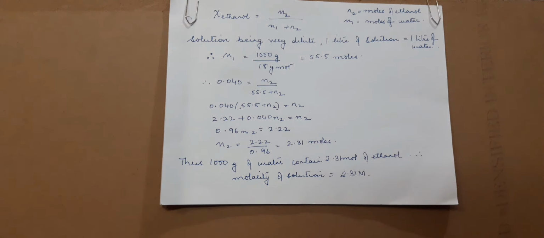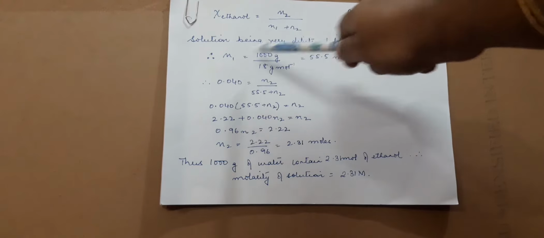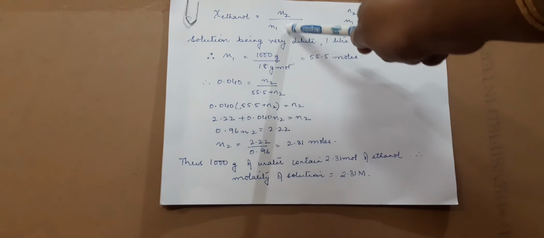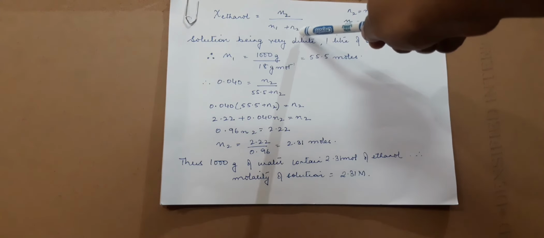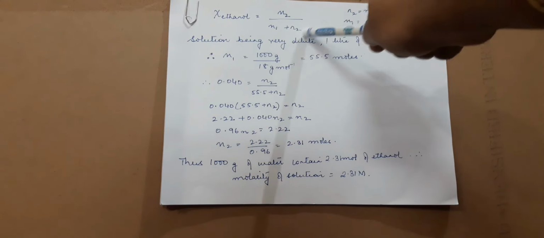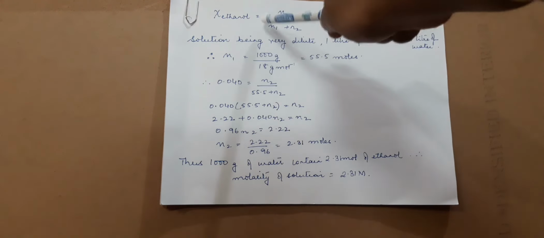Right? So that means if I have 1 liter of water, only 0.040 amount of it is ethanol. It's very less. So I can say N1 plus N2, where N1 is for water and N2 is for ethanol. The amount of ethanol in terms of that fraction is very less, so automatically we can neglect that ethanol, that is the N2 value. So N1 plus N2 would almost be equal to N1.